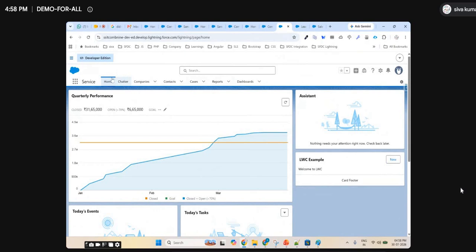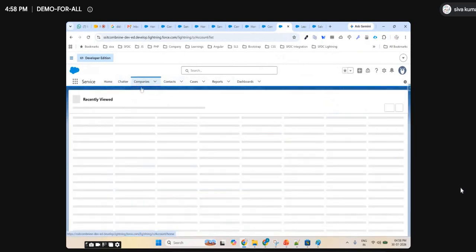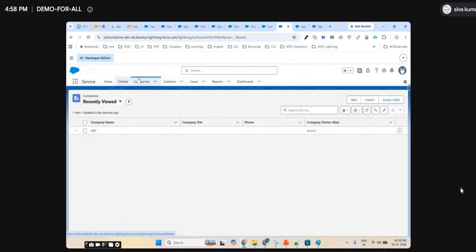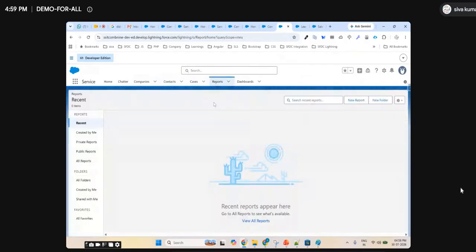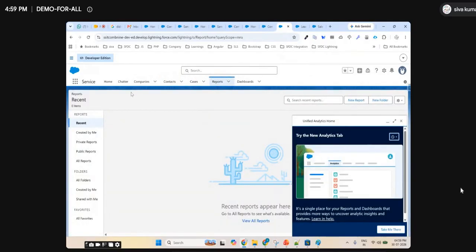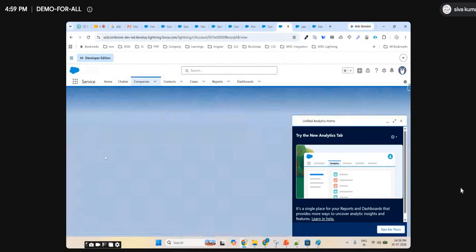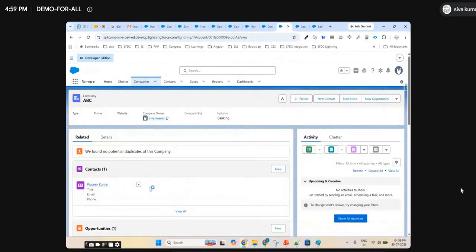So what is an object? An object contains data. Tabs contain objects. When I click an object, you'll see the data: company data, contacts data, cases data, reports, any reports I created. A field is nothing but a placeholder to store the value.